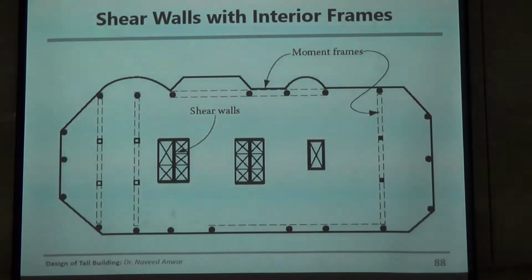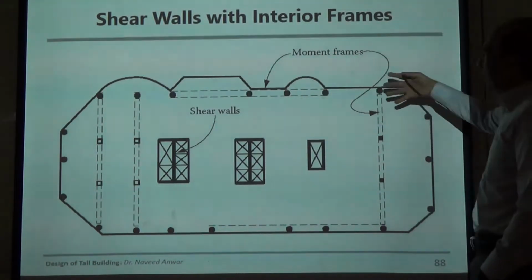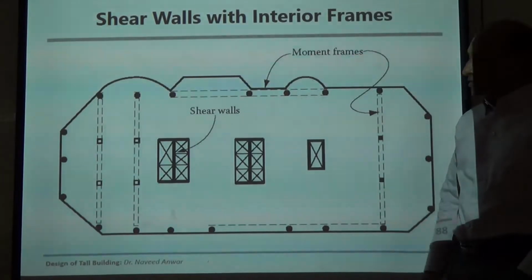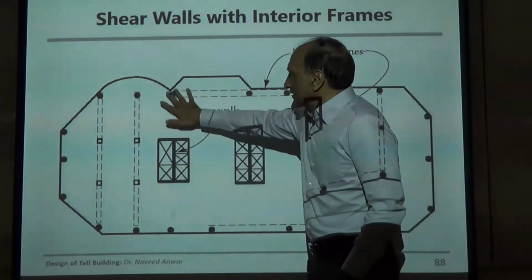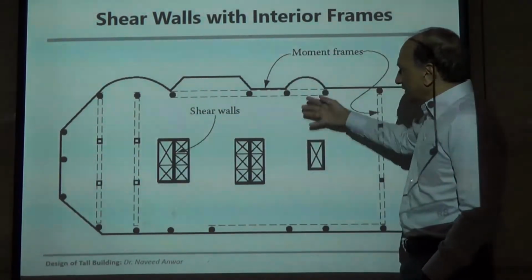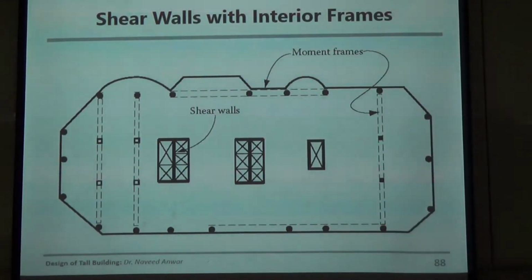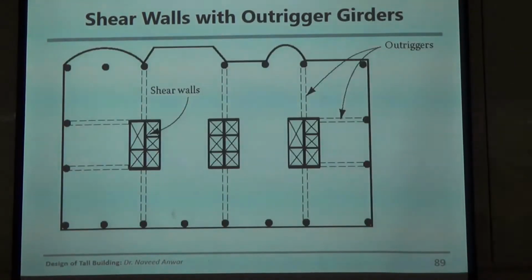So what we do sometimes is that we have these core walls. Some of the frames can be selected where possible, but still most of the columns are not connected to the core wall. Right? So many options people have been trying, but they are not so effective in terms of the overall connection. But these are just some options. So sometimes the beams can be, and we come to this idea of